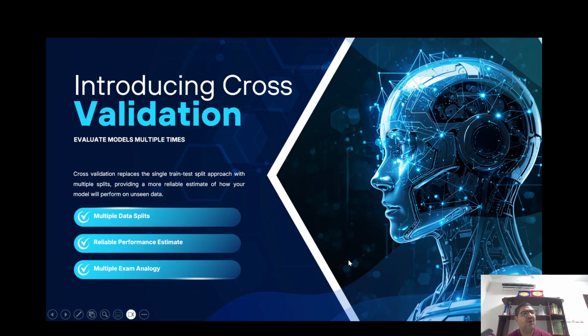So the first thing is, I'm introducing the concept of cross validation. First of all, what is cross validation? Cross validation replaces the single train test split approach with multiple splits. So it is not a single train test split, as we have witnessed in most of the cases before, where we have a single train data and a single test data on which we do a split, and then based on that,